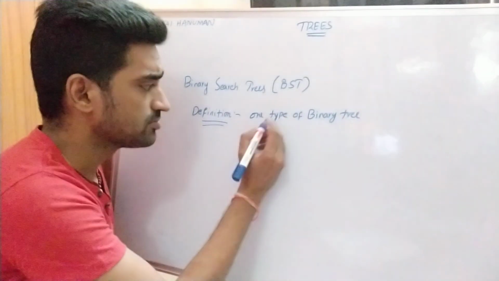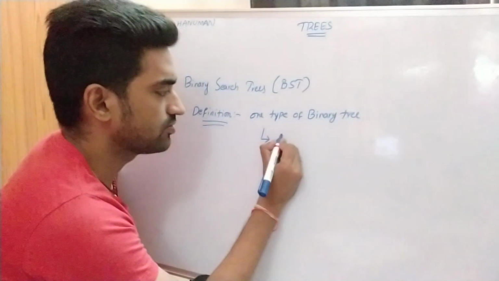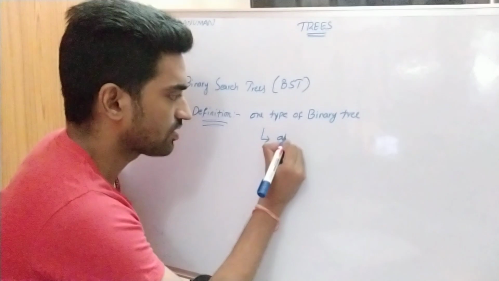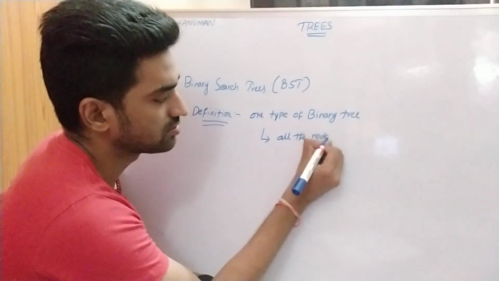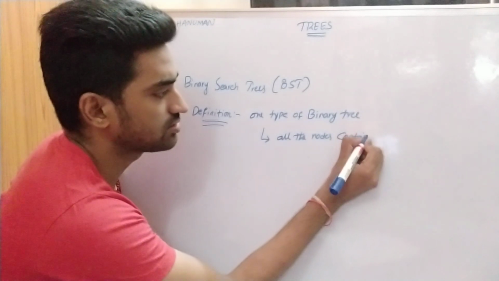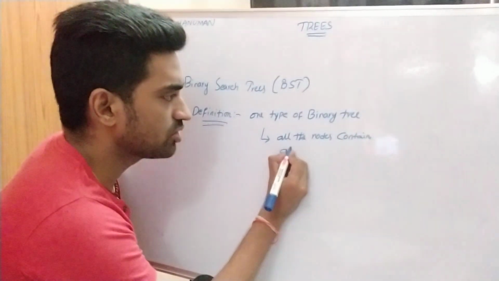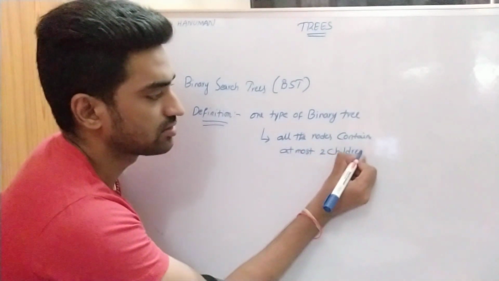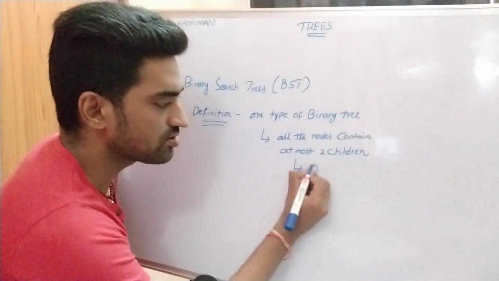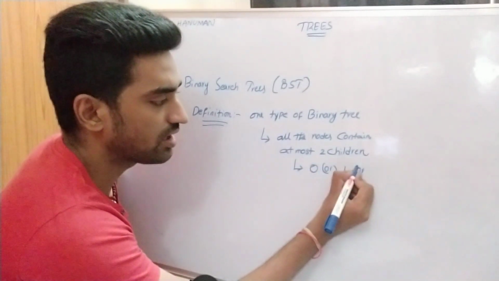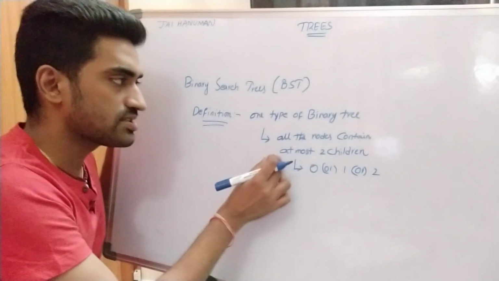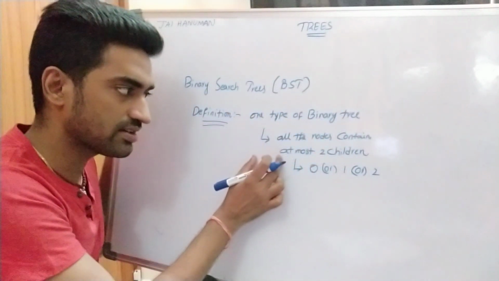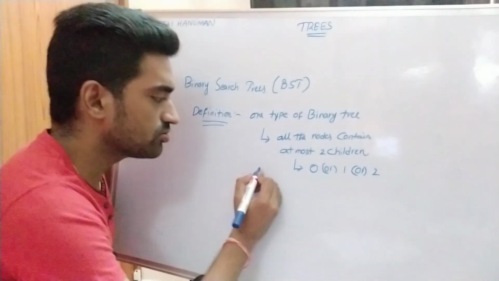What is the meaning of a binary tree? All the nodes contain at most two children, which means 0 children or 1 child or 2 children. So this is the property of a binary tree, right? So a binary search tree is one type of binary tree which contains at most 2 children. In addition to that,